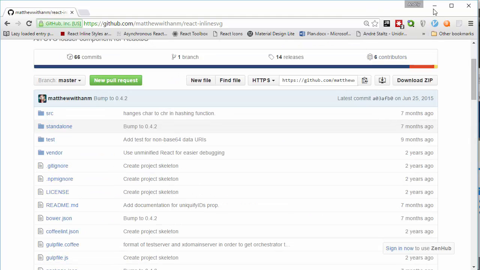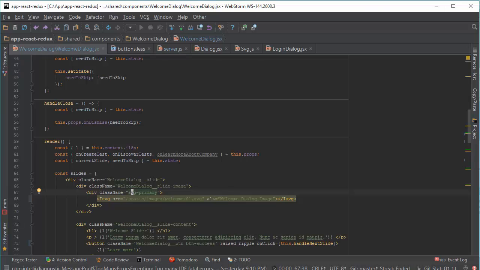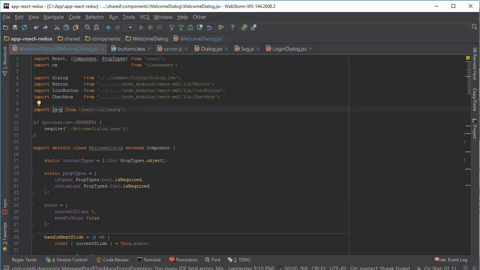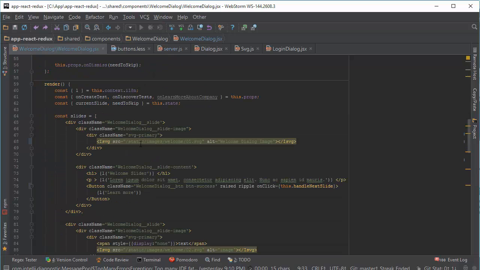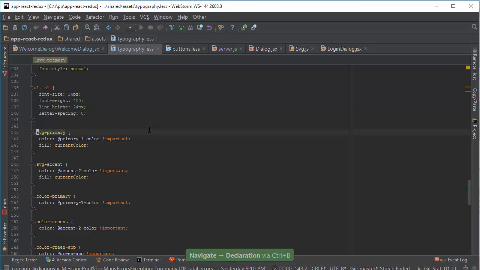It's really amazing. All we need to do is import ISVG from React Inline SVG, and we add our icon on src and wrap it inside with a custom class. And inside typography.less, inside assets, I have added separate classes for managing colors on our SVG icons. It has a similar principle: color primary, one color.